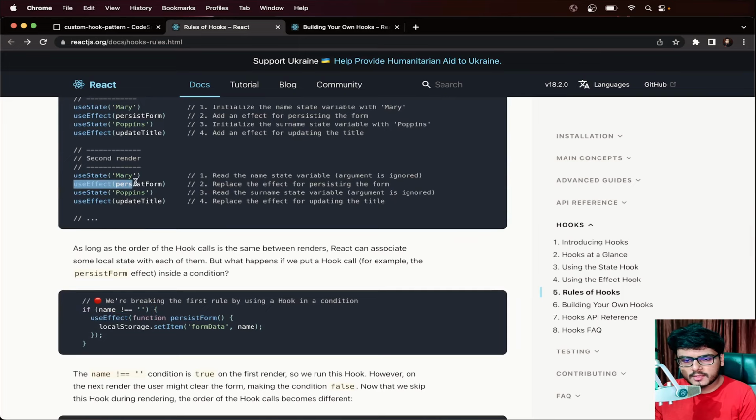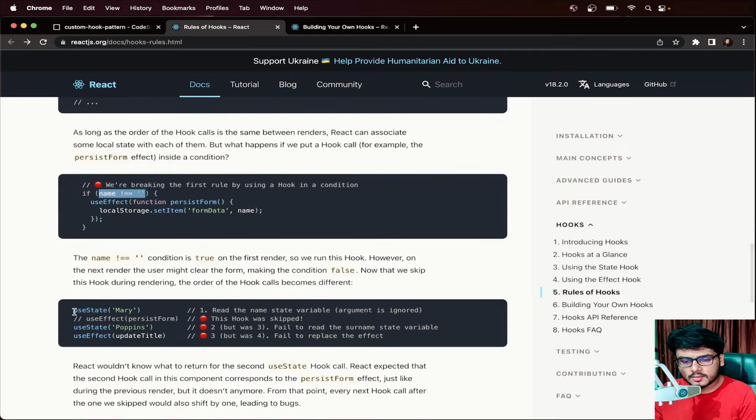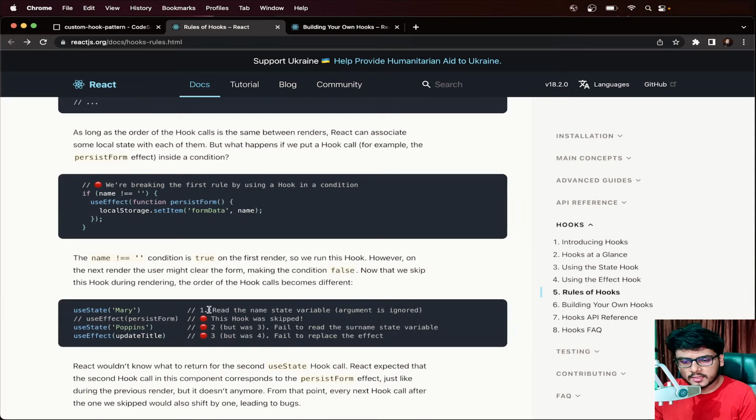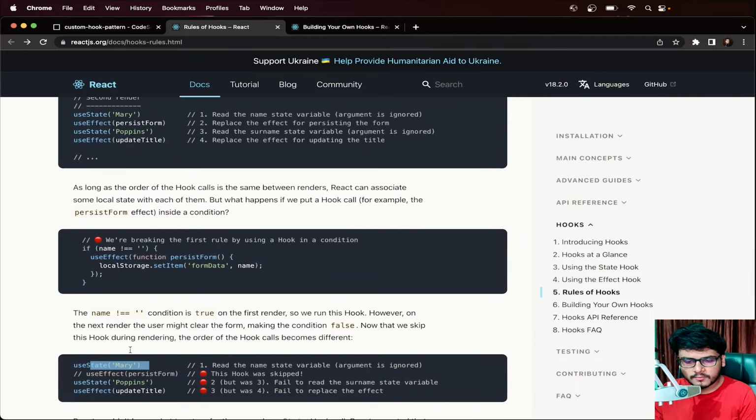this useEffect inside an if condition, something like this, then for some reason, let's say in the second render, this condition evaluates to false, then this is what React would see, right? In the second render, it actually calls the useState with Mary, somewhere like this. Now this time this useEffect with persistForm is not present because it was skipped because of this if condition. And then again comes the useState with Poppins, then useEffect with updateTitle,